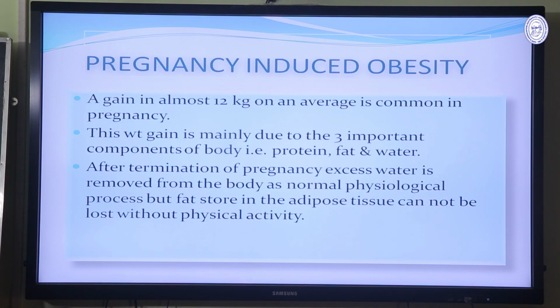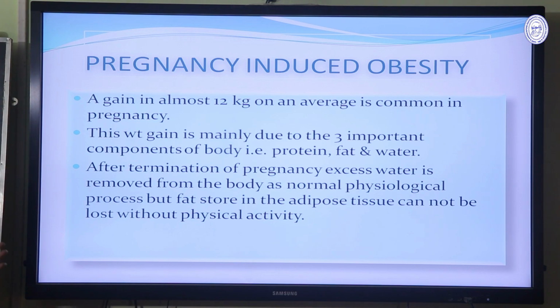Again, a different topic, that is pregnancy induced obesity or gestational obesity, that is very common. Pregnancy induced obesity is a specific physiological condition, and this obesity sometimes may be transient in particular phases, and sometimes it may continue for long. During pregnancy, almost 12 kg of average body weight is increased. But this weight gain is mainly due to three factors: protein, fat, and water